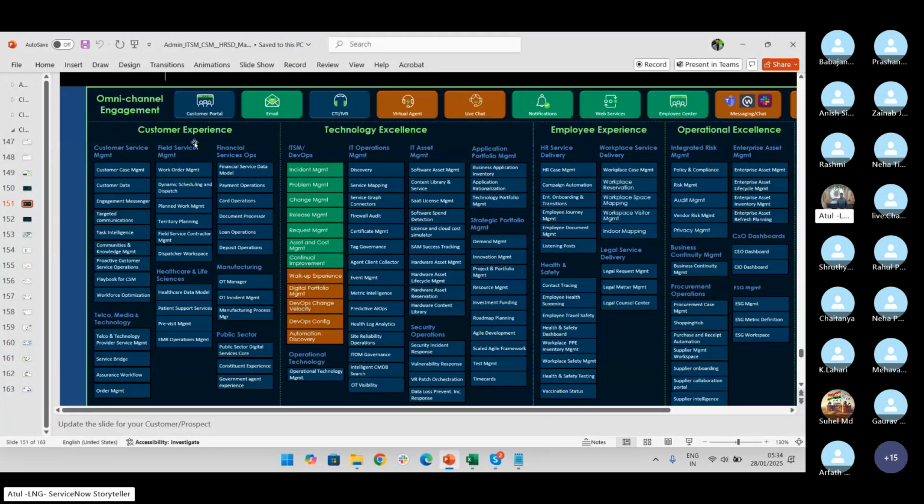And that comes under the customer experience. Other than this, ServiceNow provides products for industry specific areas: telecom, healthcare and life sciences, manufacturing, public sector, financial ops. Now they have legal as well. Means if you're working in this industry, you can use ServiceNow as a tool, as a platform to keep your